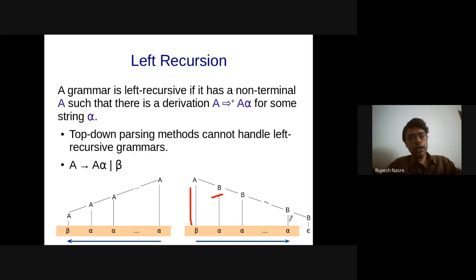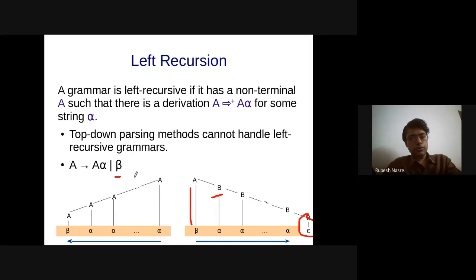One small catch here, which should not be forgotten, is that B can derive epsilon also, although there could have been no epsilon production in the original grammar, because in this case A can derive beta alone.